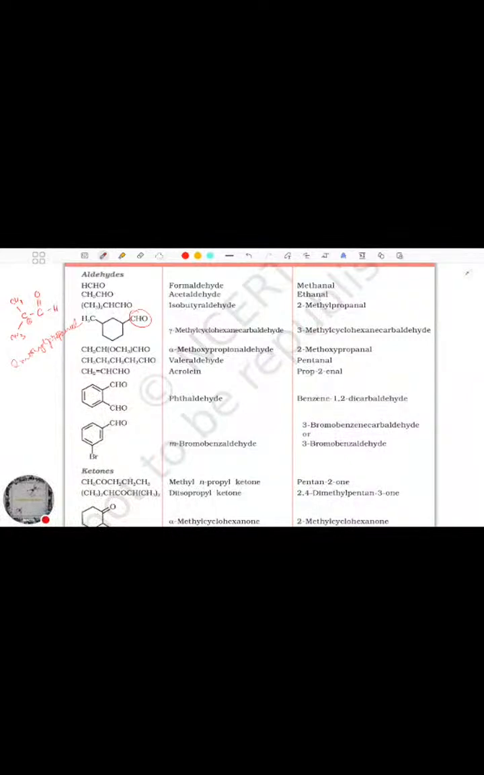Aldehyde, phthalaldehyde, phthalic acid. It's actually phthalic acid. Instead of COOH, we are having CHO, which means we'll replace it with phthalaldehyde. But it's actually